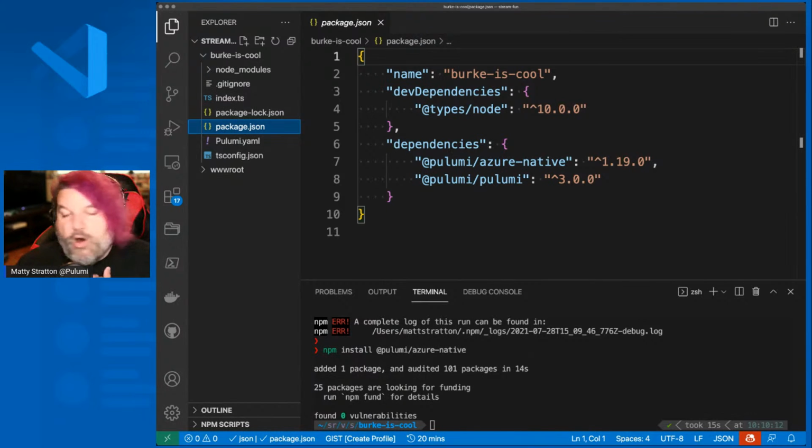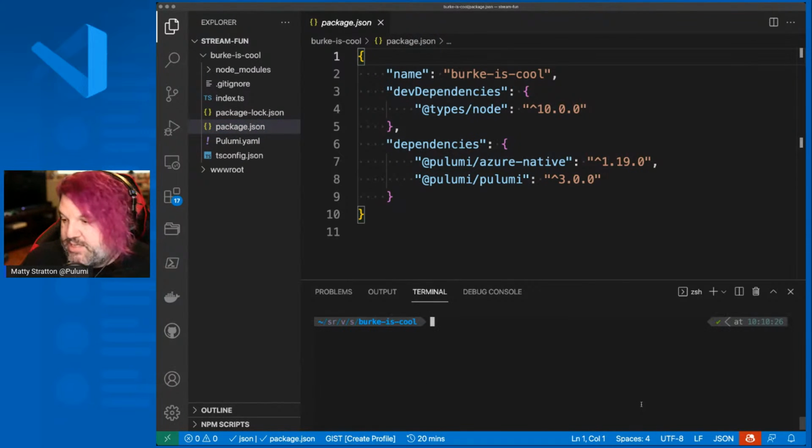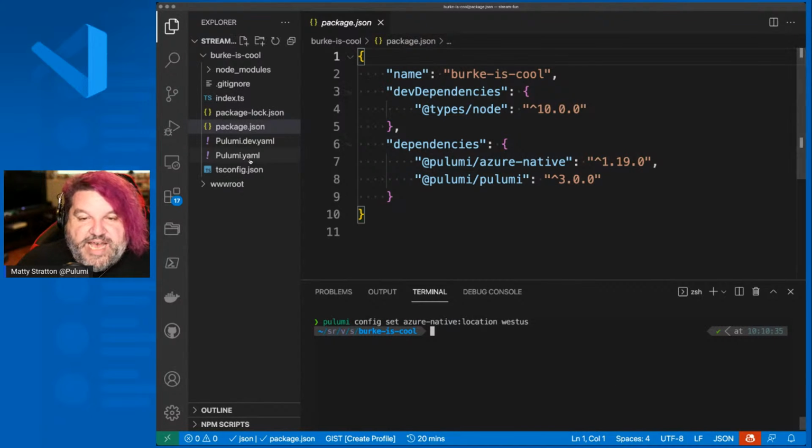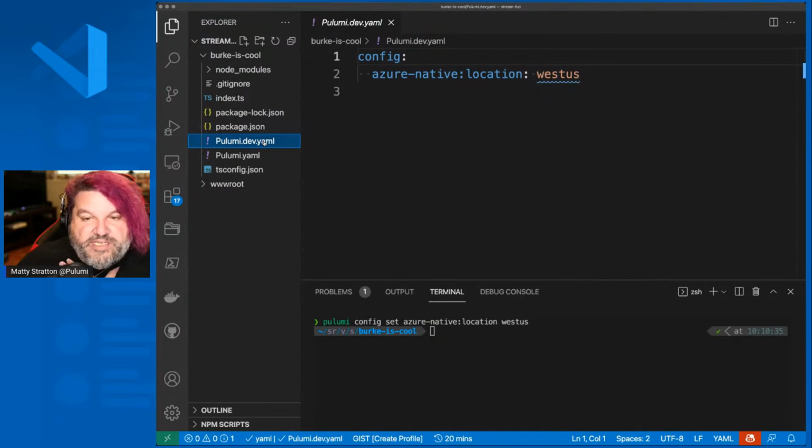Now we want all of our resources that we're going to do today to go into a certain location inside of Azure, whatever our region is. So we're going to set this as a config, and for the Azure Native provider location, we're going to put it in West US because why not? And what you'll see is that created a new file because these configurations are based on the stack. If I had a prod or a test or whatever, I'd have another one, and maybe I want to deploy it in another location. This is basically saying, where does this stuff live? Cool. Let's actually make a thing happen.